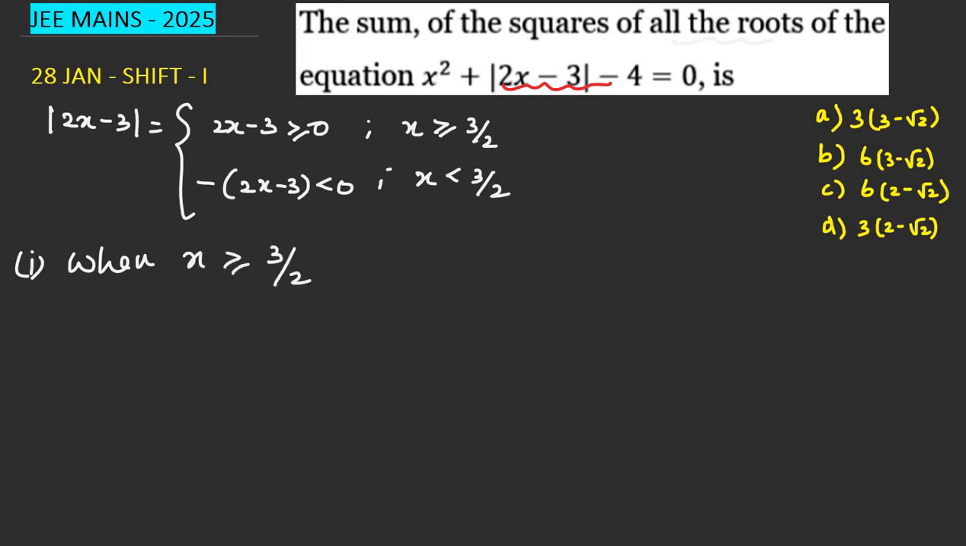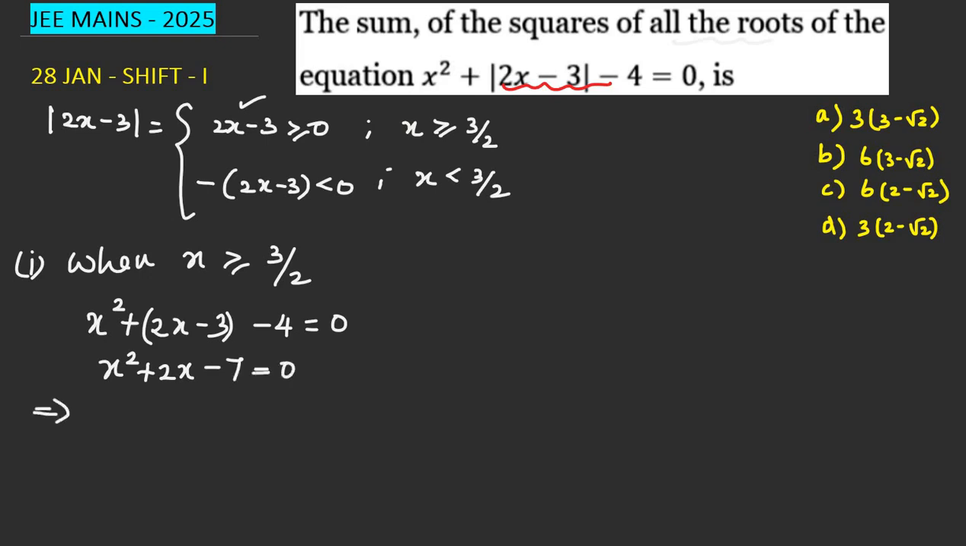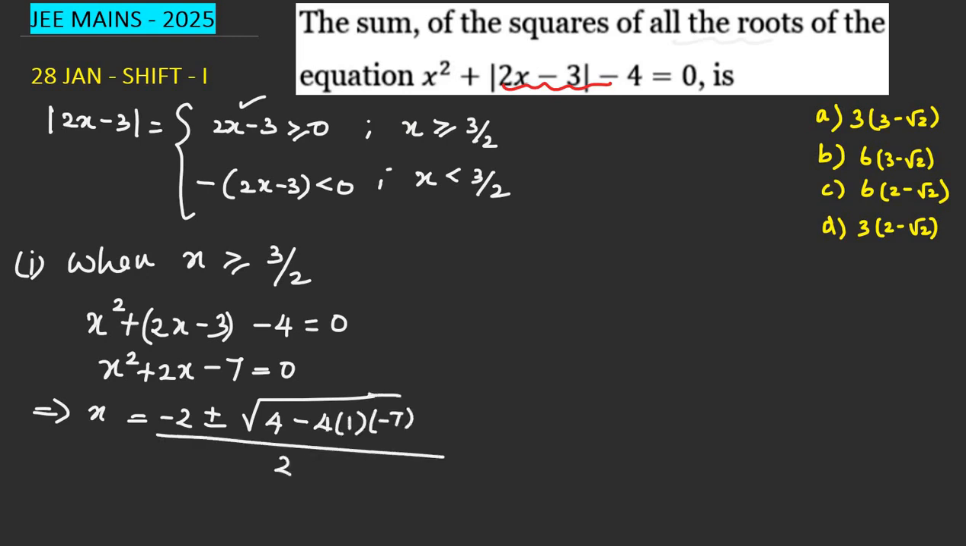Which becomes x squared plus 2x minus 3 minus 4 is equal to 0, and the equation is x squared plus 2x minus 7 is equal to 0. Finding the roots, x is equal to minus b plus or minus root of b squared minus 4ac, where a is 1 and c is minus 7, divided by 2a, which gives us